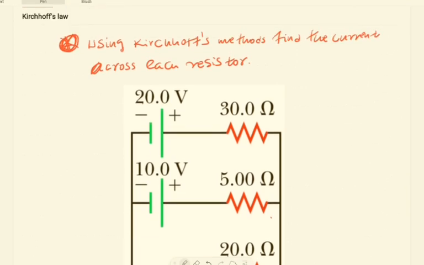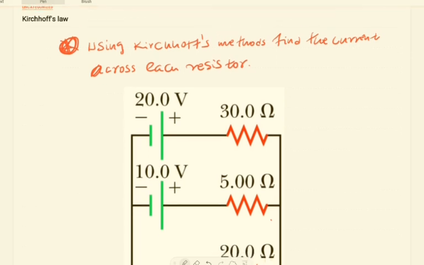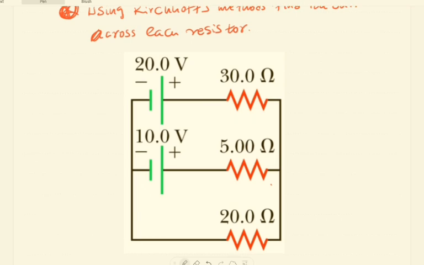we have a given question. So the question says using Kirchhoff's method find the current across each resistor. እንደምትመለከቱት ይሄው ሰርኪዩት ሁለት ፖቴንሻል ሶርሶች አሉ፣ 20 ቮልት እና 10 ቮልት የሆኑ፣ and we have 35 እና 20 ohms of resistors ማለት ነው። ኮኔክተር የሆኑ ሬዚስተሮች አሉ። ሶ ቀደም ብዬም እንደተናገርኩት